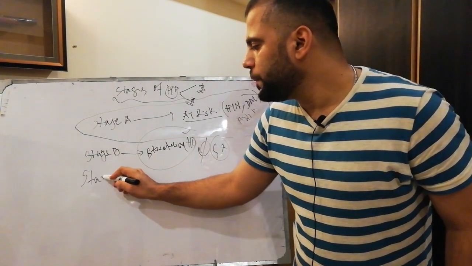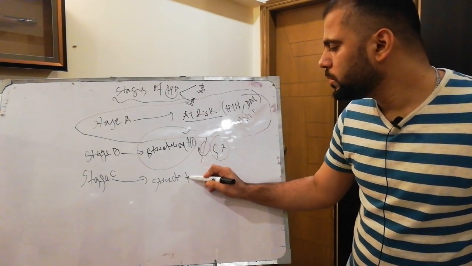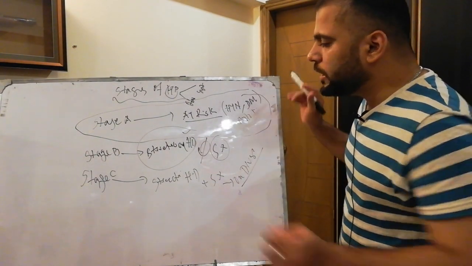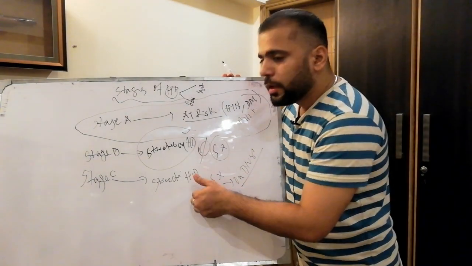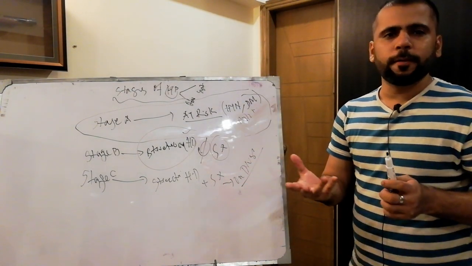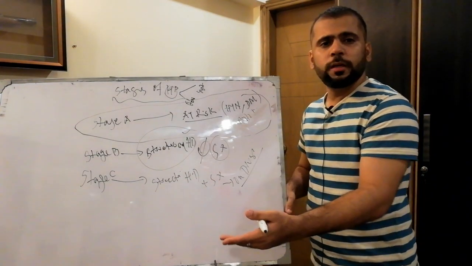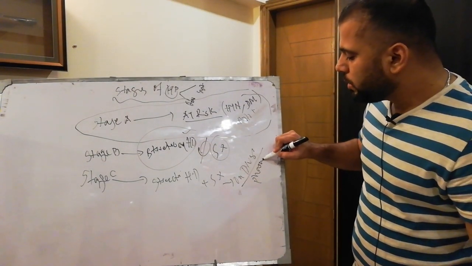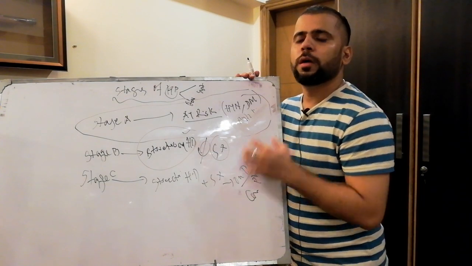But the stage C patients are those patients who have structural heart disease plus symptoms and are on drug therapy. These are patients who might have a history of symptoms. Now they would be asymptomatic, but either in the past or in the present they would be symptomatic. Okay, so these patients remain stable on pharmacological therapy and conventional therapy. So stage C patients are those who have structural heart disease and symptoms, but they are stable on